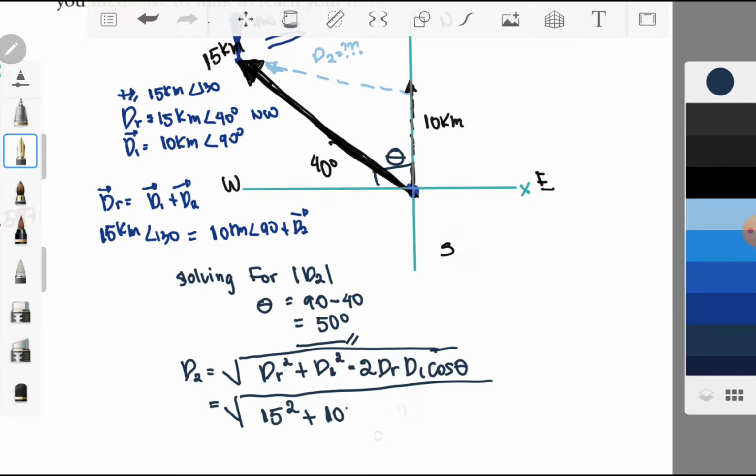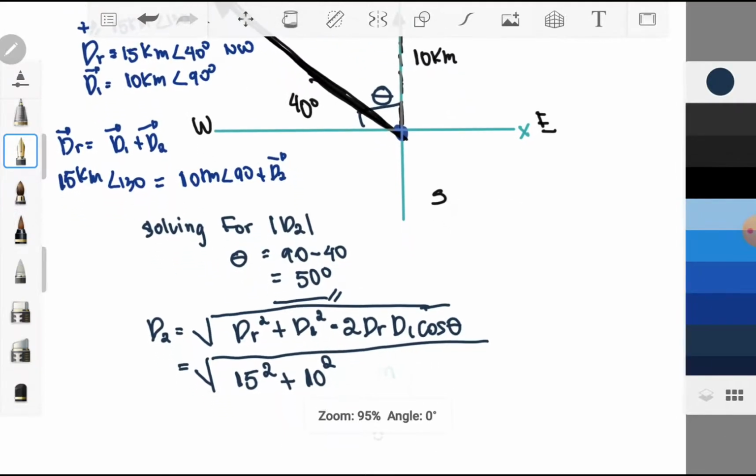This is the magnitude of your d2 squared, equal to d1 squared plus d_r squared minus 2 multiplied by 15 multiplied by 10 multiplied by cosine. Solving for the value of d2, you will have the square root of 15 squared plus 10 squared minus 2 times 15 times 10 cosine theta, which is 50 degrees. So we have a value equal to